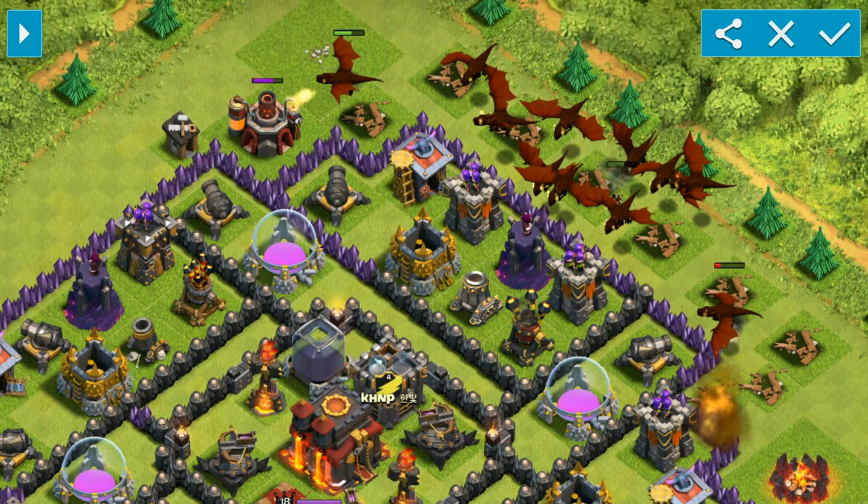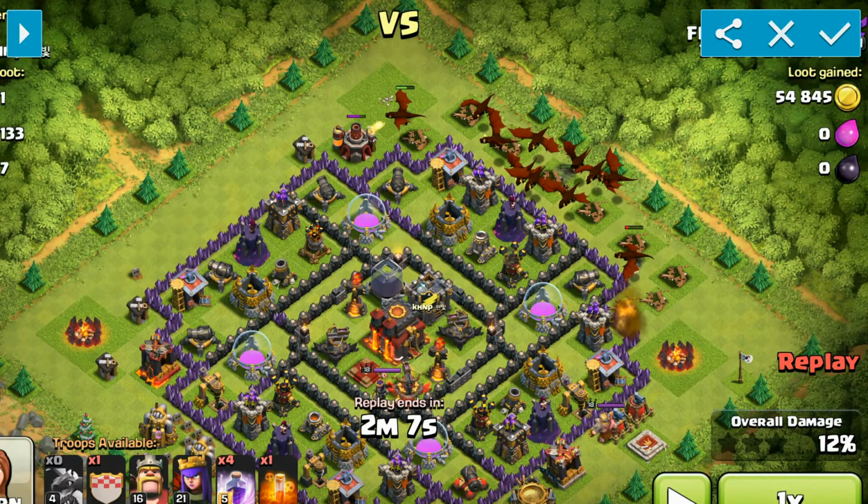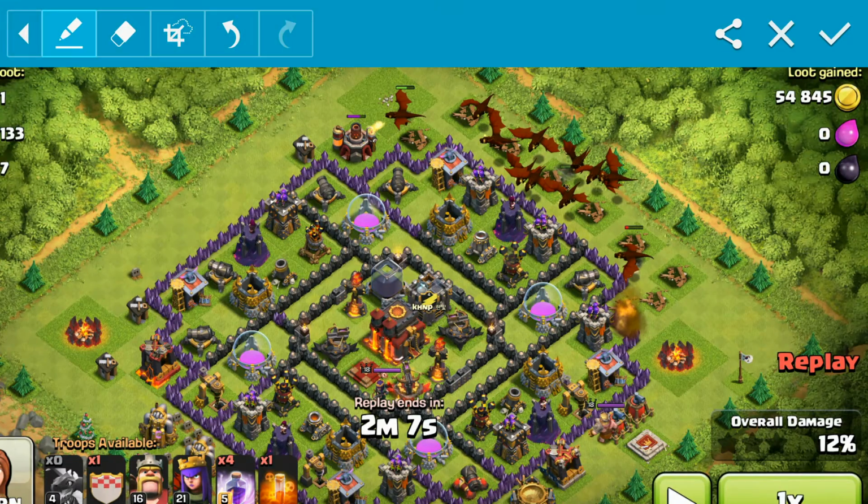Okay, so now that we got that cleared out, the next thing I want to talk about is the type of base you select with drags. This looks like an easy enough base to possibly get a 2-star on, or just the design of the base looks like why would drags be a wrong idea for it. And part of the reason is,